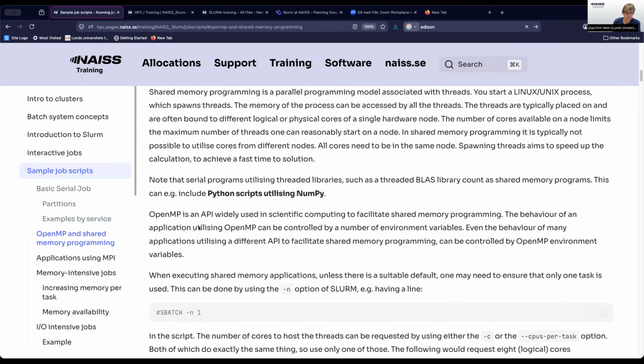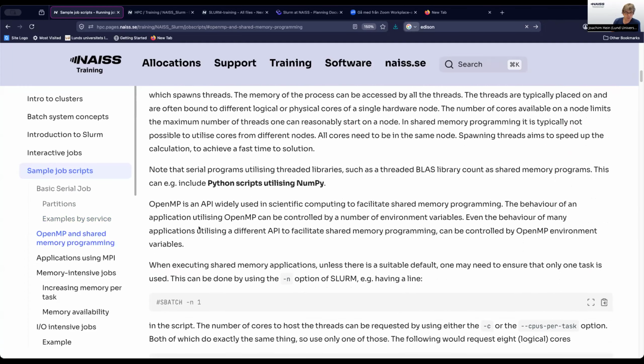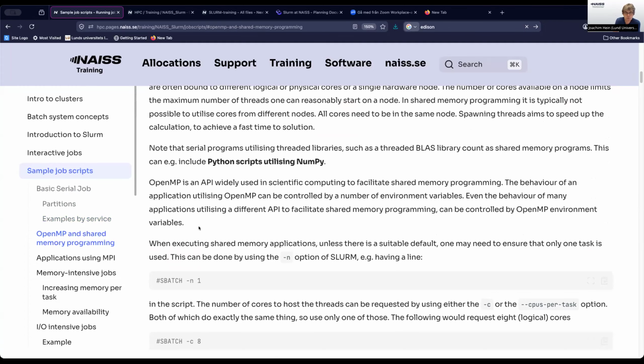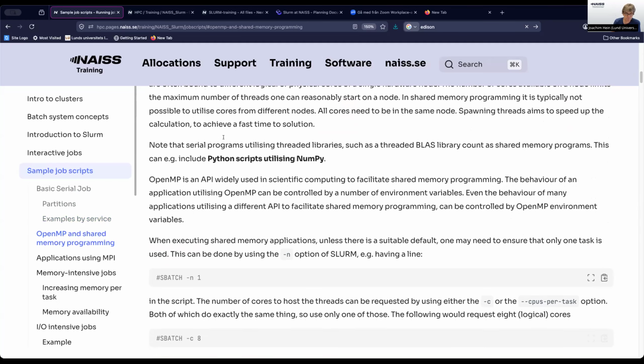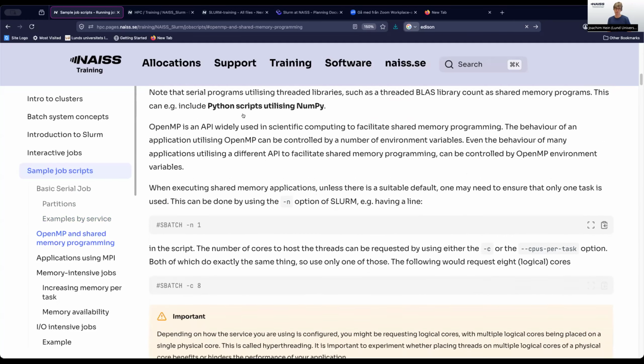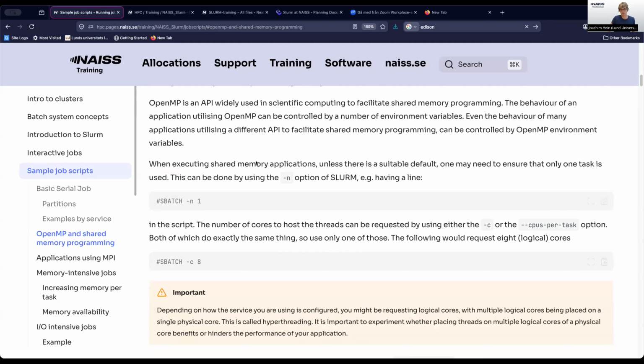So when executing a shared memory application, unless there's a suitable default, one might need to ensure that only a single task is used, and this can be done by using the -n option of Slurm, for example, having a line sbatch -n1. Then we need resources to run our threads. I outlined that. We are running multiple threads,